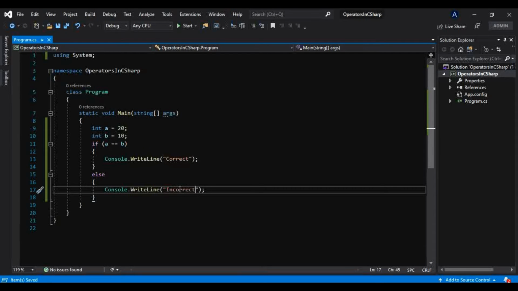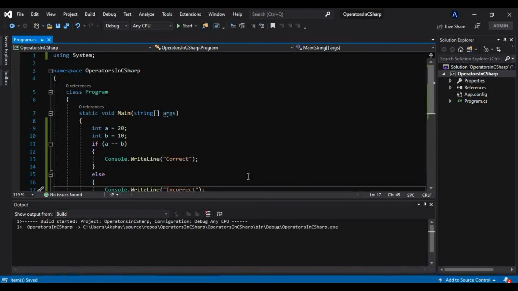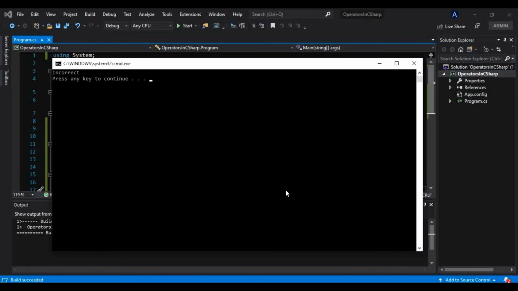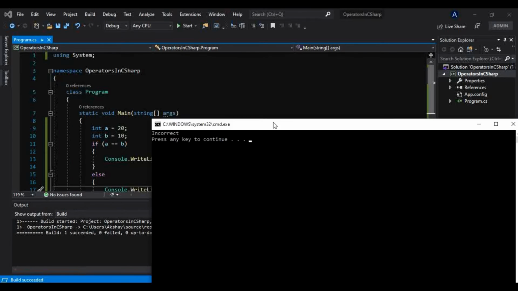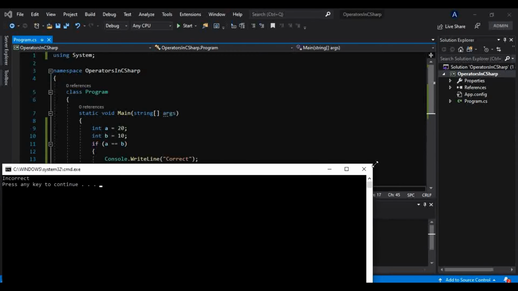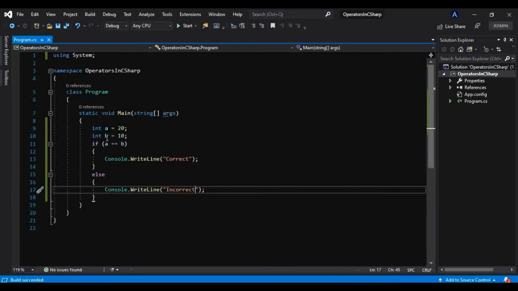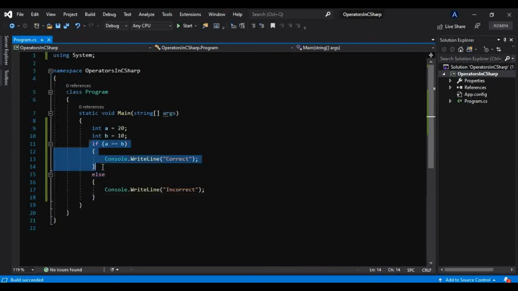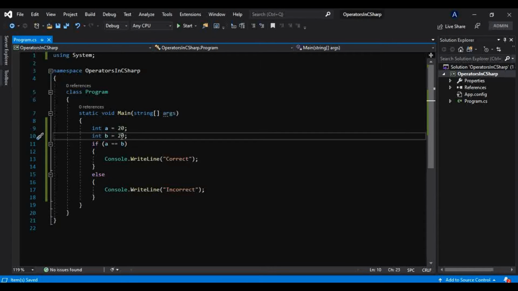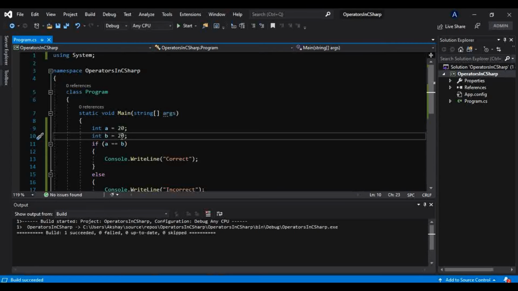Which line will be printed onto the console? It prints incorrect, because we know a is not equal to b. a is 20 and b is 10, so it comes out of this block and prints the else block statement, incorrect. If I had taken a as 10, then it would print correct.